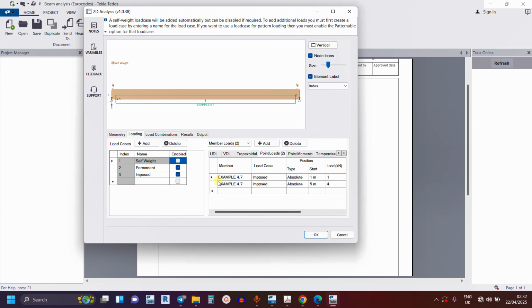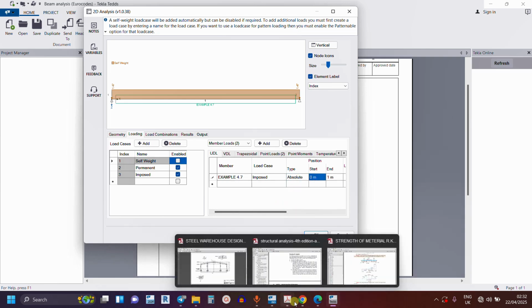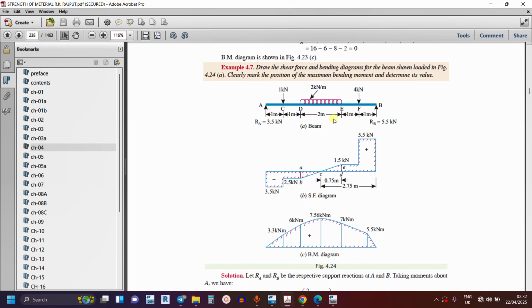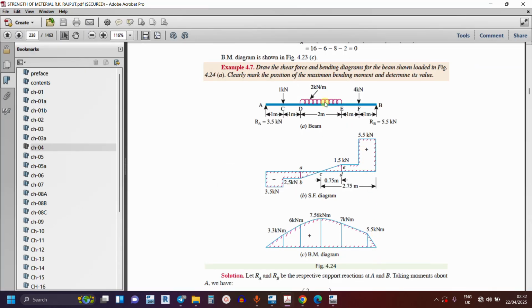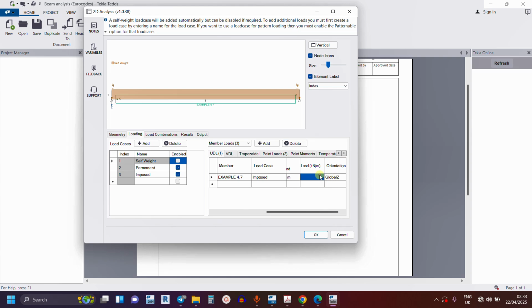After defining the point loads, I can define uniformly distributed loads. You can just add a member. My member is example 4.7, I'm going to be using imposed, and instead of ratio, I'm going to be using absolute. The start position should be from 2 meters and end at 4 meters. So I'll type 2 meters and 4 meters. I don't need this extra load, so I'll delete it. The value of the load is 2 kilonewton per meter, so I'll type 2, and it will be applied in the global Z